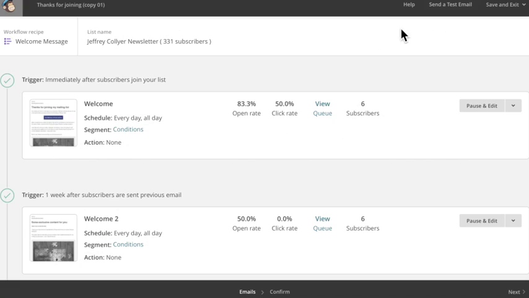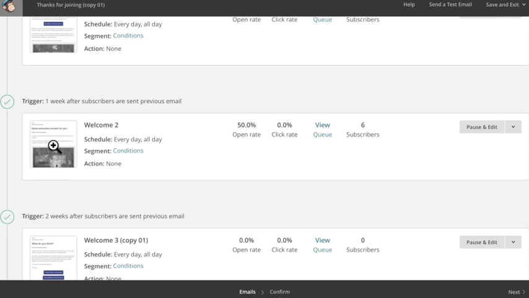And you can see that this email is triggered immediately after subscribers join the list. So as soon as their email address hits my Mailchimp account, this welcome email will go out. So there's no delay at all. And that's quite important, so leave it at that. And then I have about a week later, or exactly a week later,